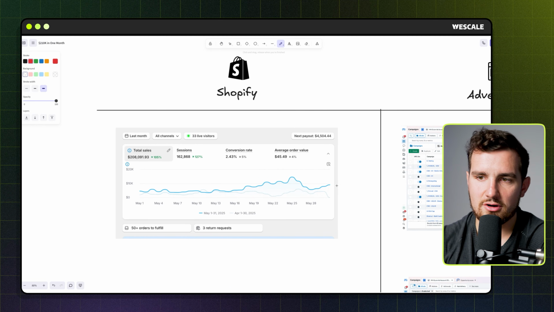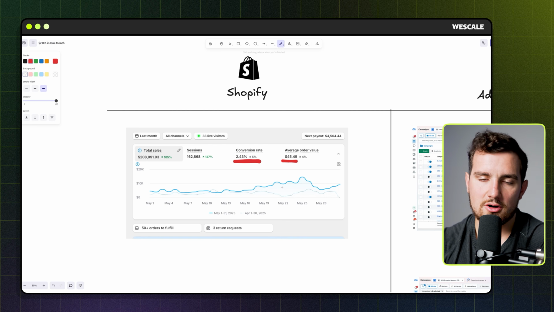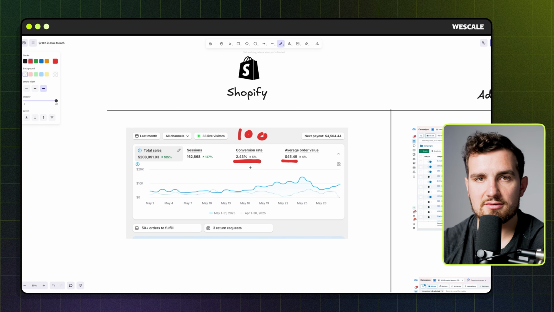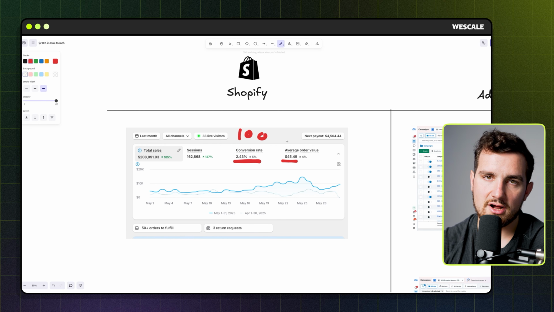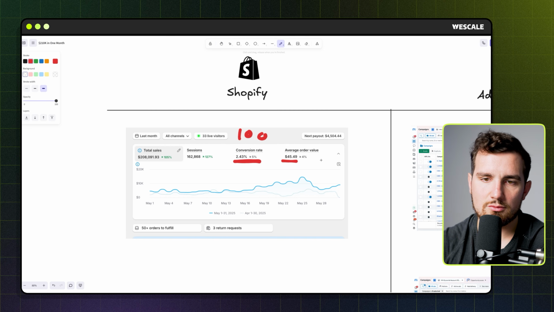So to start off, looking at our Shopify dashboard. Last month, we had a conversion rate of 2.4% and a $45 average order value. All that means is that if we send 100 people to the site, roughly 2.5 of them are buying. And when they do buy, they're spending about $45 on the store. So we're selling t-shirts. To cut ahead to the products a little bit, we sell t-shirts that are priced at $30. So this means that people are buying about 1 to 1.5 shirts,